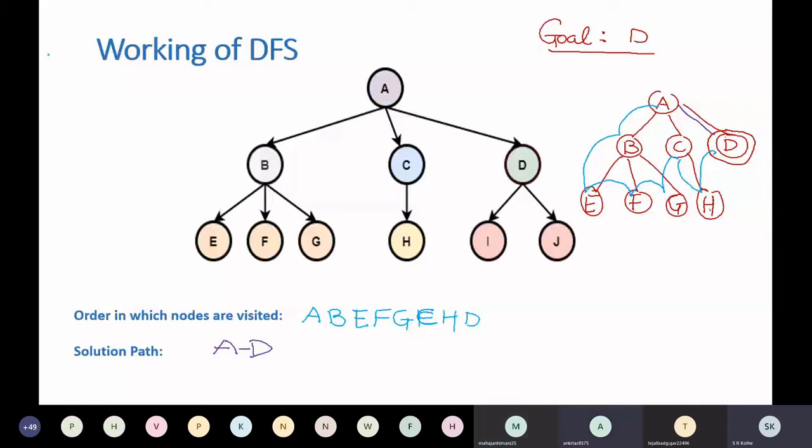Now this is the situation, remember, when your search space is in the form of a tree. This is very important. If it's a tree, then this is how your algorithm will function. But if it's a graph, then when will this become a graph? In the case of the water jug problem, for example.